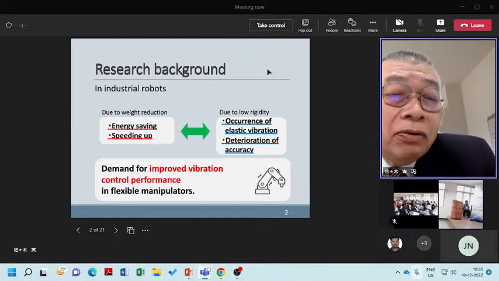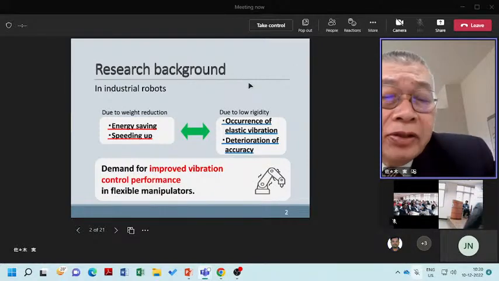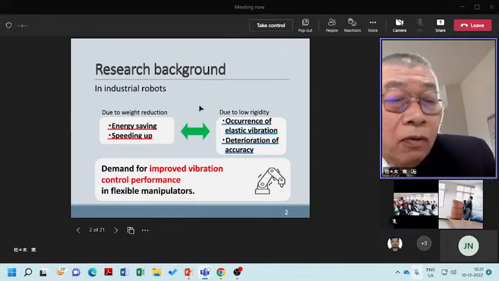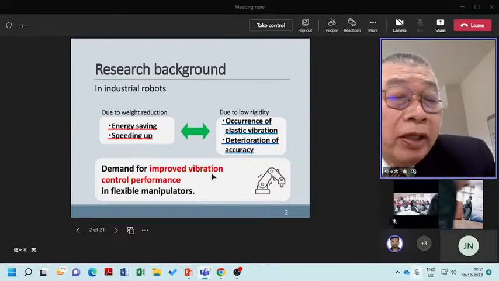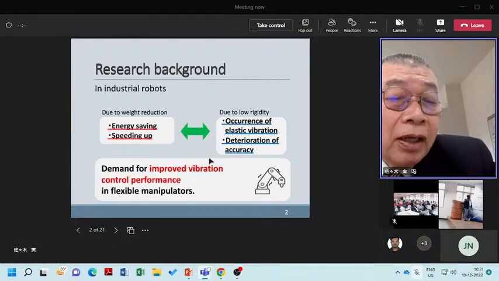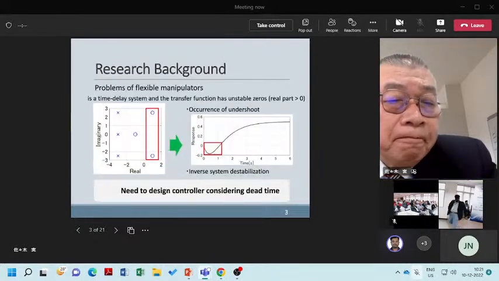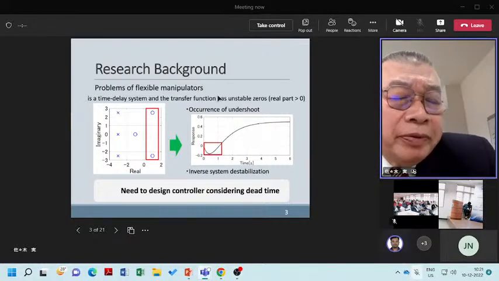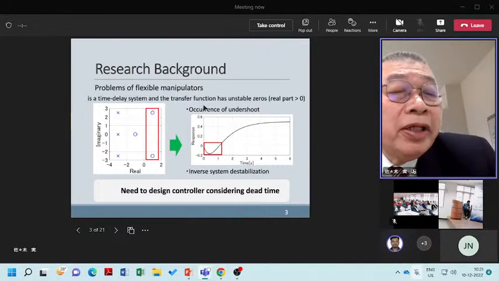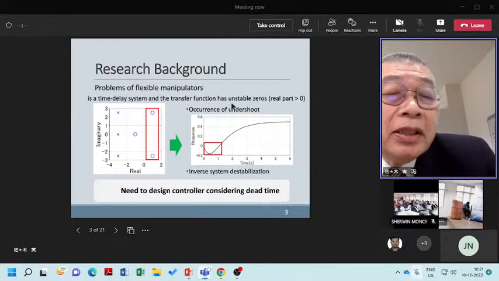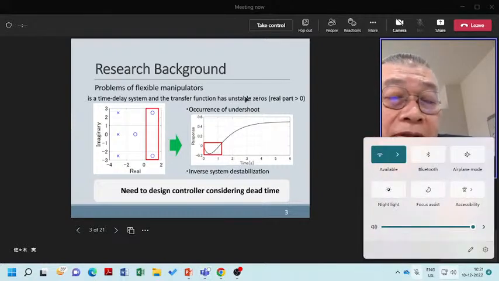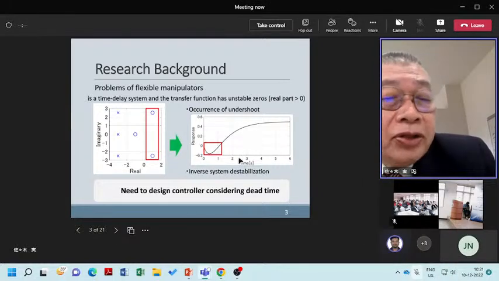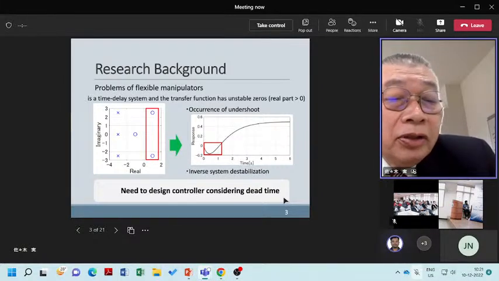However, due to the low rigidity, elastic vibration occurs and accuracy deteriorates. So there is a demand for improved vibration control performance in flexible manipulators. The problem of flexible manipulators is that it is a time delay system and the transfer function has unstable zeros. The real part is positive and undershoot occurs like this. And we need to design